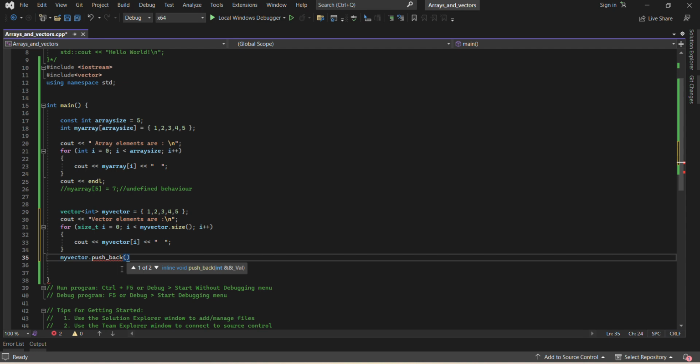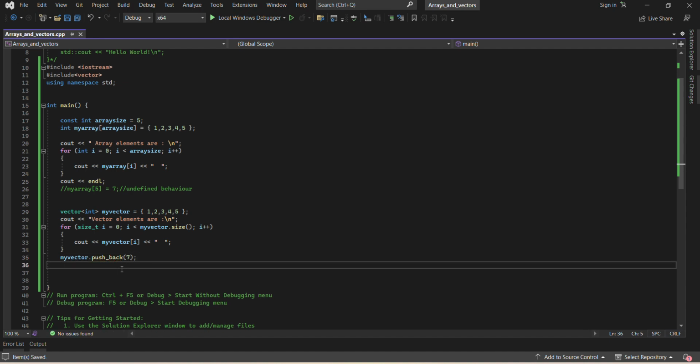And that's the reason vectors are more efficient when compared to arrays. So suppose I add a new element, say 7. Okay, so done. This statement doesn't lead to any error. So this is the fundamental difference between the array and a vector. In case of an array, the size is fixed, while in case of a vector, the size is resizable, it's flexible,